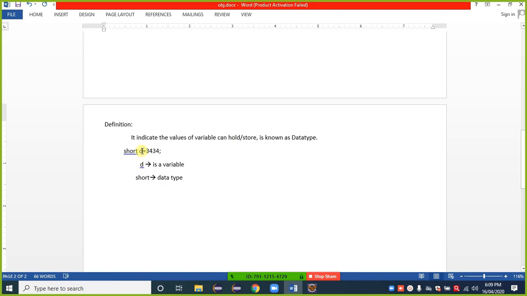It indicates the value a variable can hold. 34 is a value, and that value is held by variable d, and that value is indicated by using short. Short here indicates which type of value variable d can hold. This data type has different types. The first group belongs to the primitive data types.